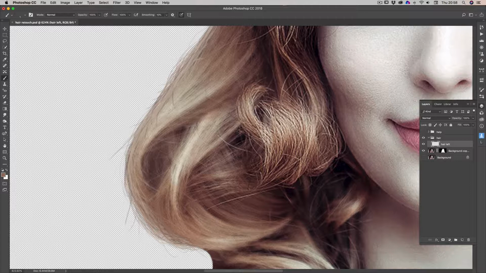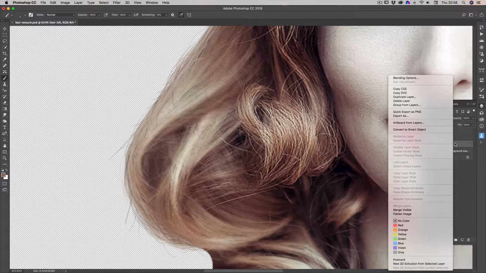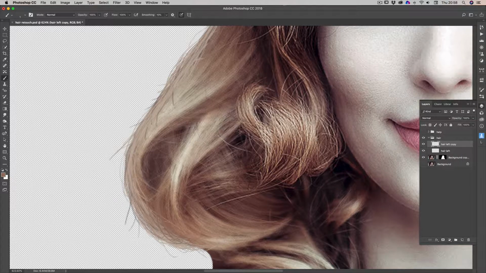and I'm going to show you how we can make this look more realistic. First thing I'm going to do is go to the layer, right click, and I'm going to duplicate the layer just to make it a bit thicker. And then I'm going to use